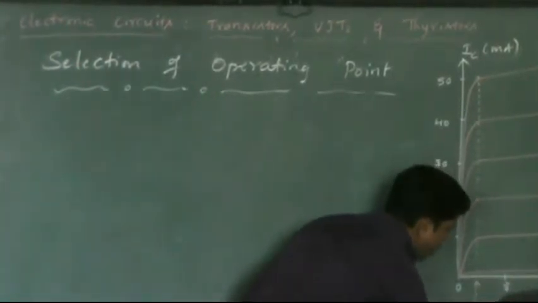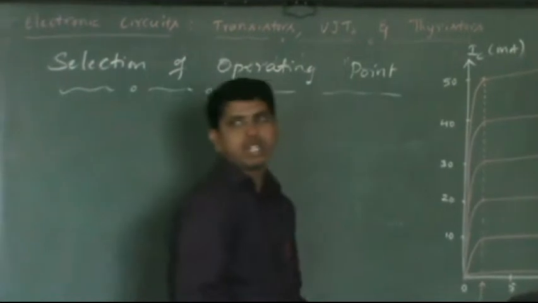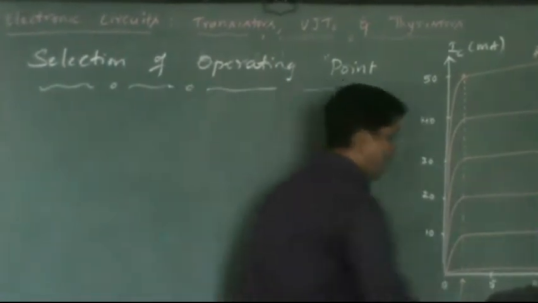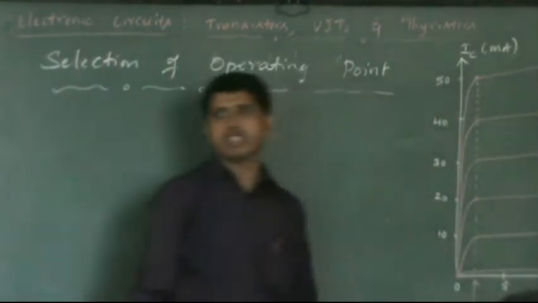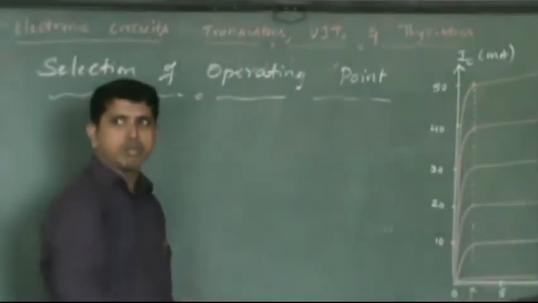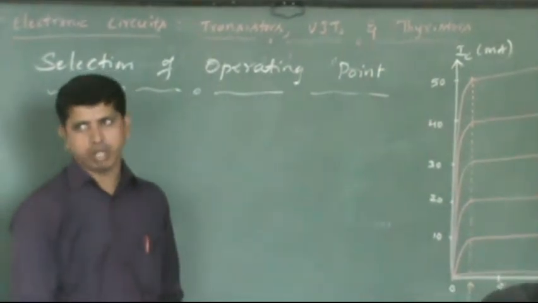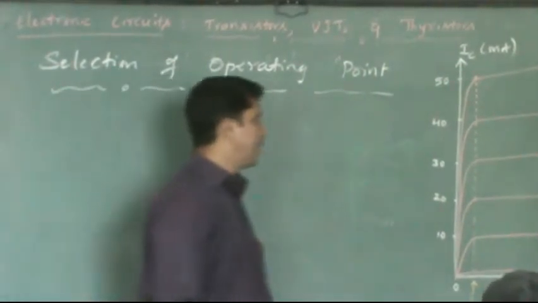This is going to be 1 volt because of the silicon transistor which was used. And later on you can see that we also plotted here the breakdown region beyond 25 volts, and anything larger than that, the transistor will be in breakdown region. It will not conduct, it will break down.